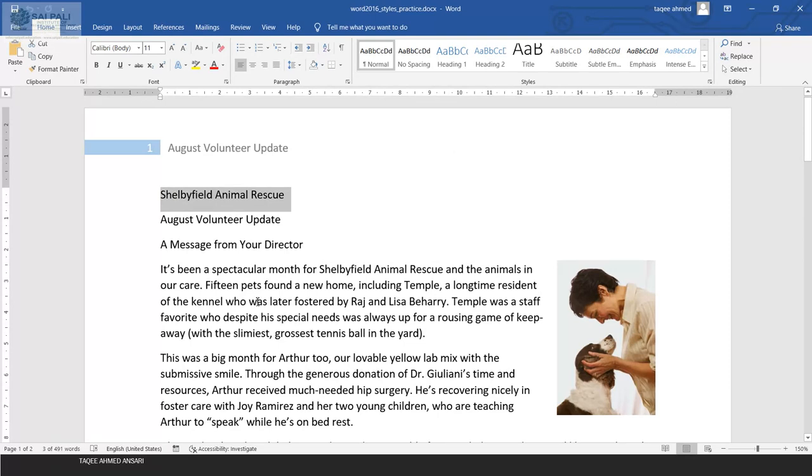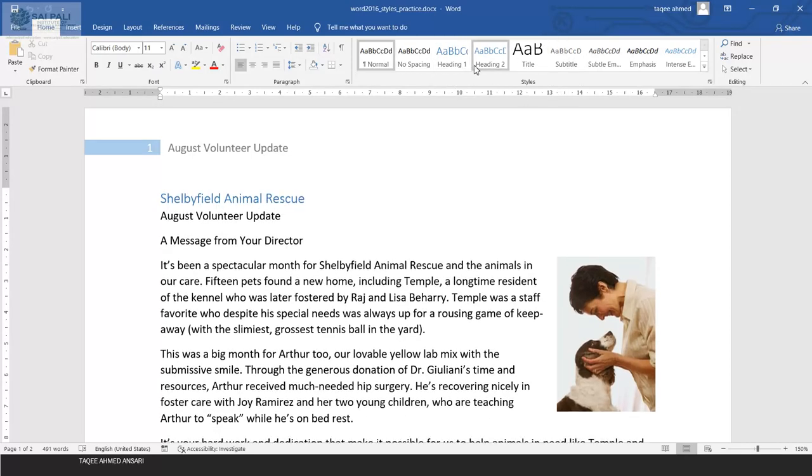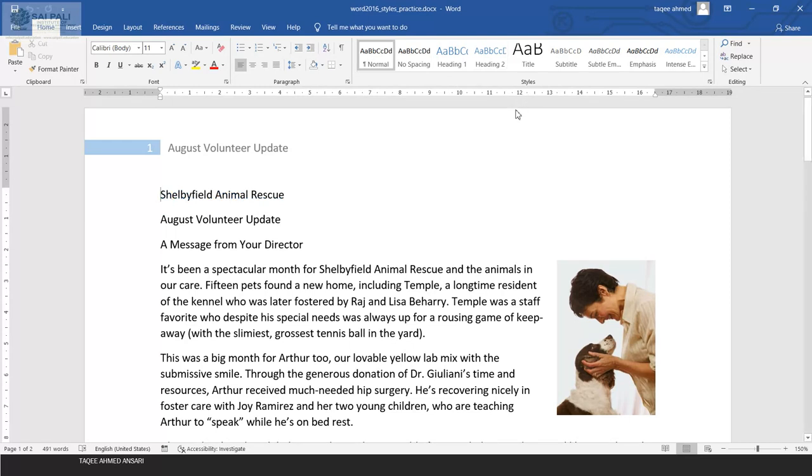I can do this by selecting the whole text, or I can just put my cursor at the beginning of the line, and then from the Home tab I can go into the Styles group here, and I can see some styles directly which I can access. By default Normal is selected, that means my text is Normal, but I can change it to another style also.